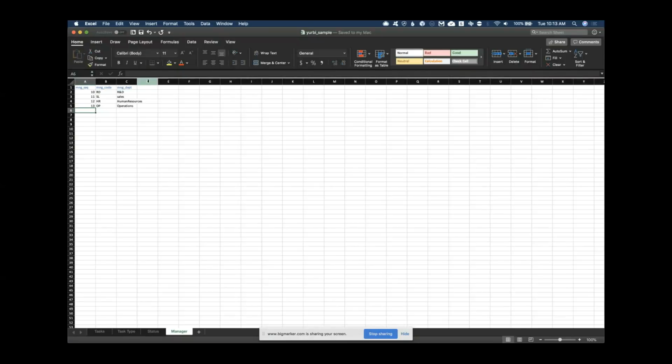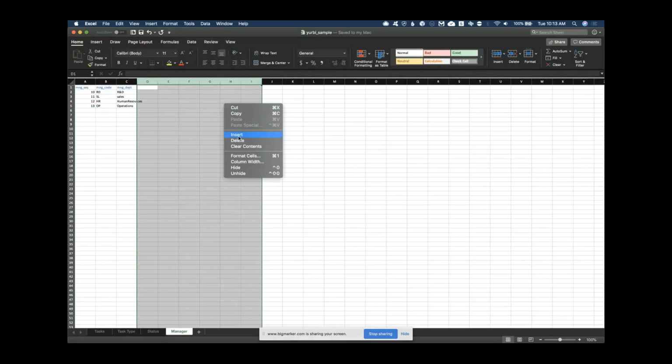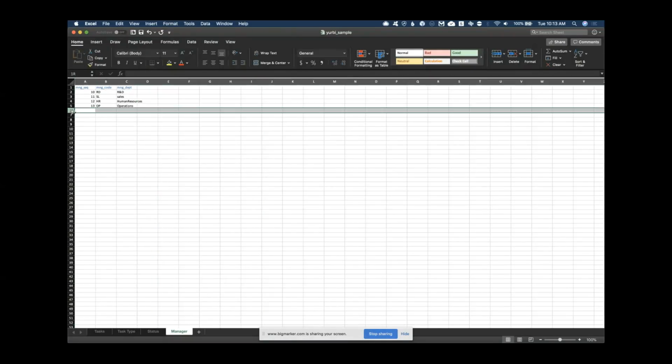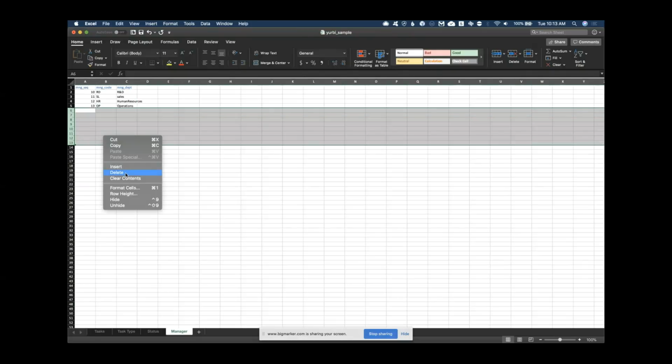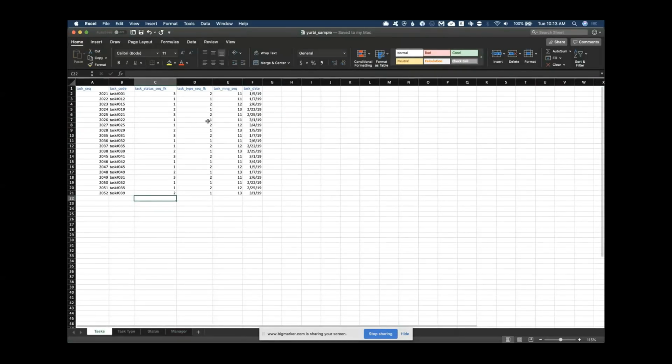And even on these other worksheets, I would just select and delete all the blanks just to make sure I don't have any blanks. And I've already done it in this case. The last thing that I would recommend you do in Excel is just take a look at the formatting of